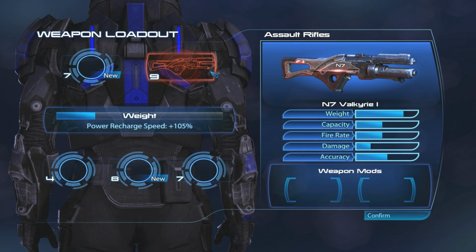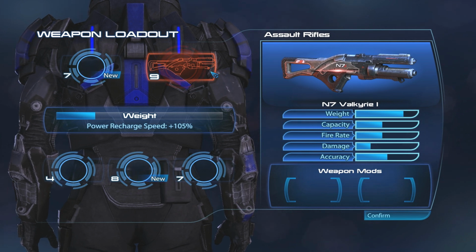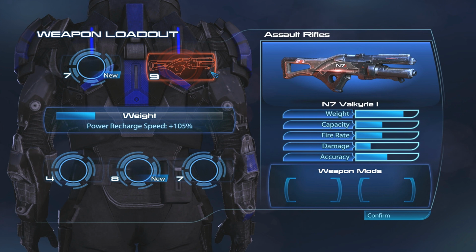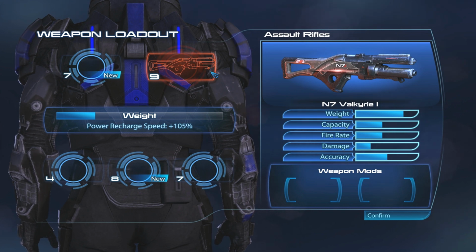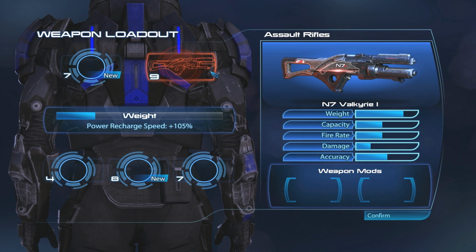So there is one weapon that I did not have the chance to test for my target practice series, the N7 Valkyrie. I do have it now. If you pre-ordered the Digital Deluxe Edition or the Collector's Edition, you should have it. If you don't, like I didn't, you have to email EA and